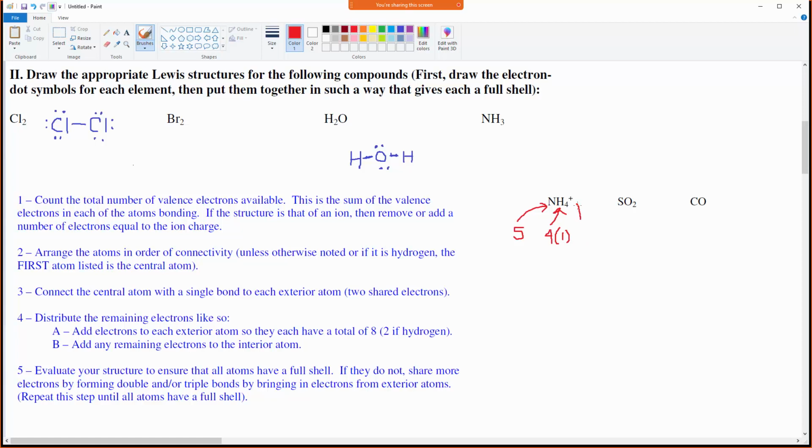And finally, there is a charge, and a positive charge means I am missing a negative charge, and electrons have a negative charge. So overall, I've got the 5 from the nitrogen, the 4 from the hydrogens, and I'm missing 1 electron in the overall structure because 1 has been lost. So overall, 5 plus 4 times 1 should give me 9, minus 1 gives me a total of 8 valence